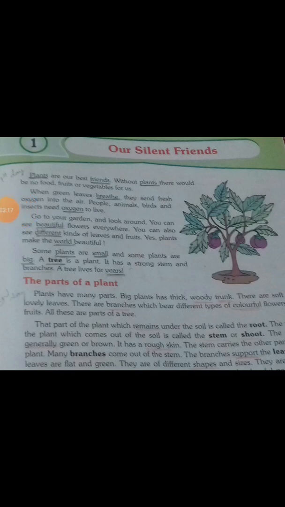A soft, silky and colorful part of the plant appears at the end of the stem. What is it called? Flower. The flower becomes dry and falls off, and a round fleshy part is seen. This is the fruit. It contains seeds. Seeds are put into the garden ground to grow more such plants. If you are in need of more plants, you can take these seeds and sow them.